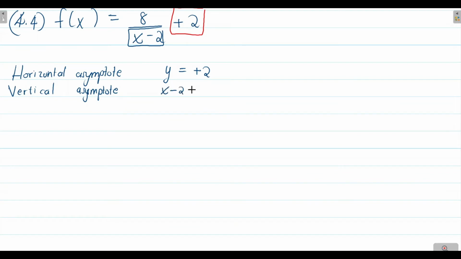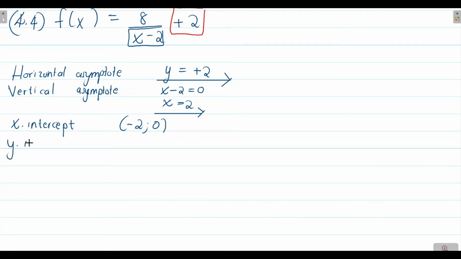X minus 2 equated to 0, and you solve for x: x is equal to 2. So your vertical asymptote is x equals 2. We already found your x-intercept, which is -2. When x is -2, obviously y is 0. You also find your y-intercept: when x is equal to 0,